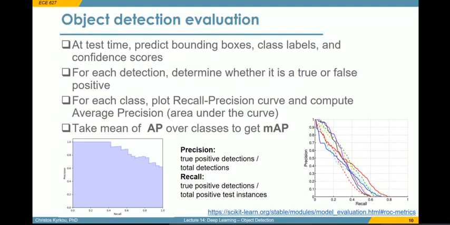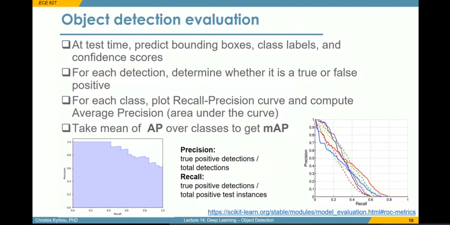Now that we know which boxes are positive, which enclose the objects, we want to determine the overall performance of an object detection system. For that, we use the metric of mean average precision. We first collect all the bounding boxes. For each one, we determine if it's correct or a false detection, and along with a class that comes with